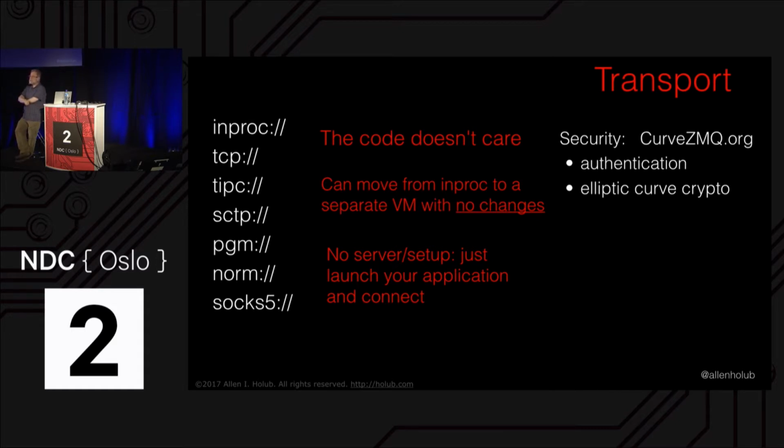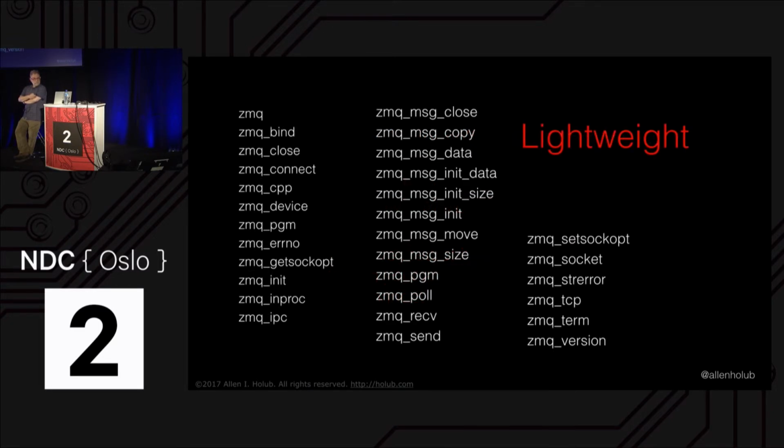So one of the things that's nice about ZeroMQ is that we can encrypt the actual messages. It uses elliptic curve encryption around the actual messages. The final thing I'll say about it before we start going a little bit more into architecture is this is the entire API for ZeroMQ, and half of these functions are functions that I've never used because I haven't needed to. So it's a very, very simple system to learn. You can learn it in an afternoon, and get up and running efficiently in an afternoon.